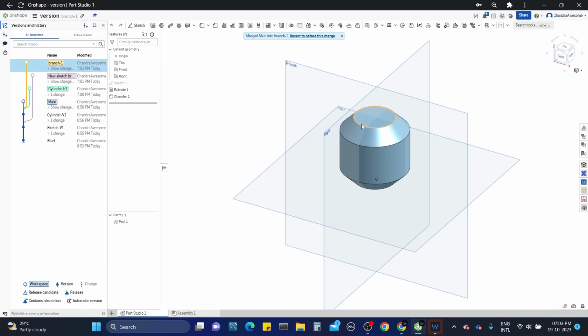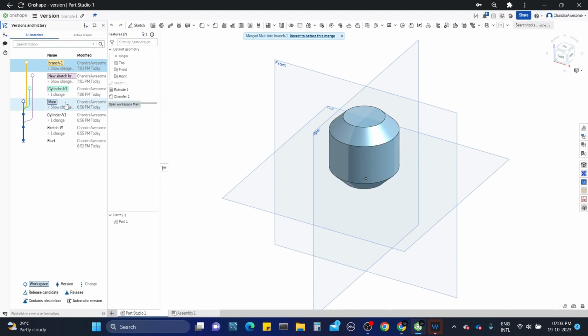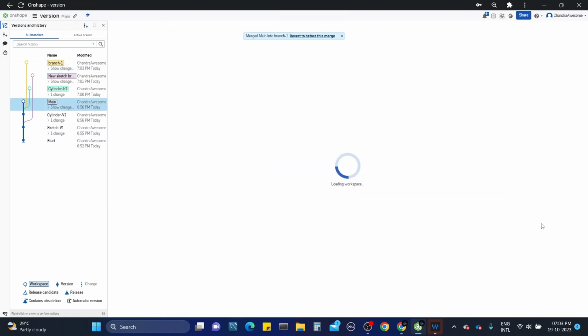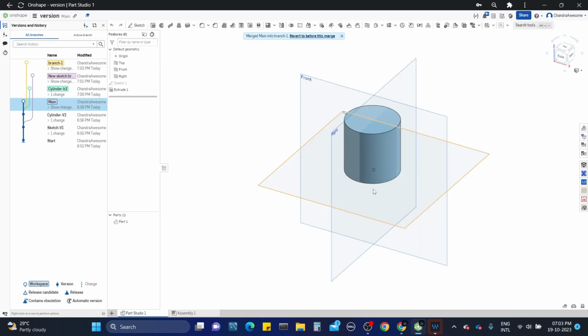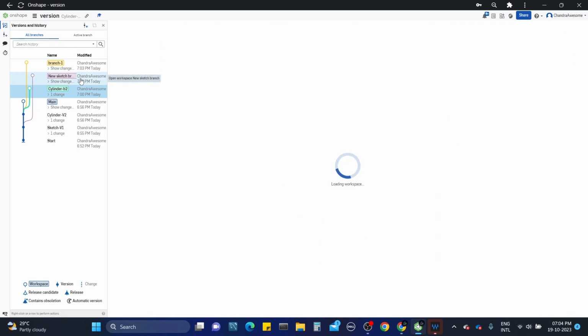Now you can see we merged the branch with the main. So the overall effect will get changed because we changed the sketch here. So the main branch will revert to before this much. If you want to revert to the state before the merge, we can undo this operation as well, but I don't want it. Okay, and let's come to this cylinder 1